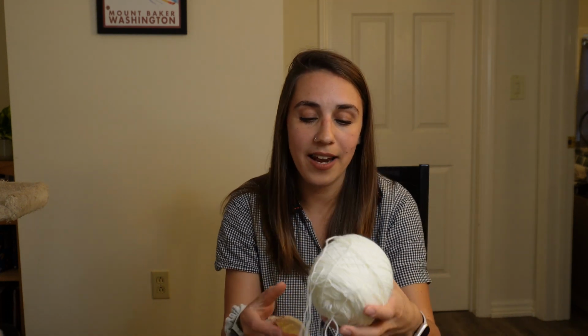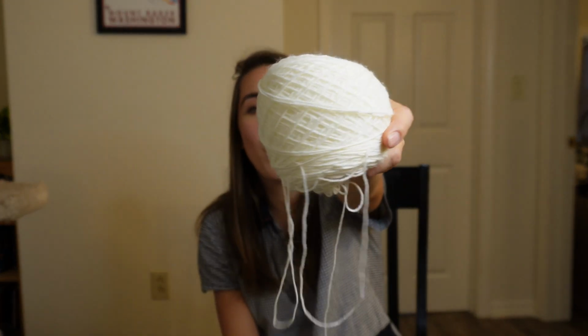But I was, as I was saying, I wanted to find a white, and I think that this is going to be it. The other reason why I chose this yarn is because I didn't want to use the same yarn that I had used in my socks. So I knit mine also in a cream color in Cascade Yarns Cotton Socks, spelled with an X,